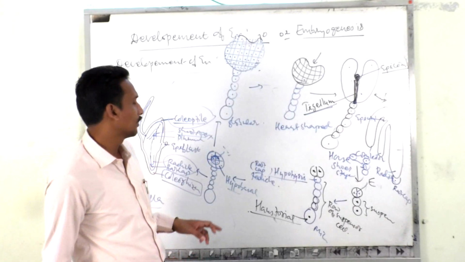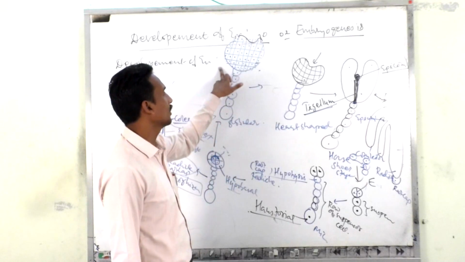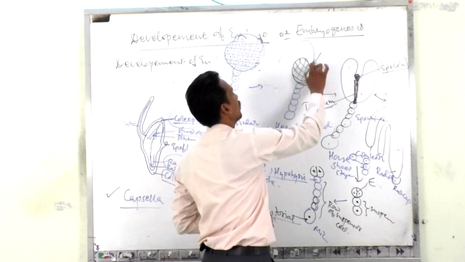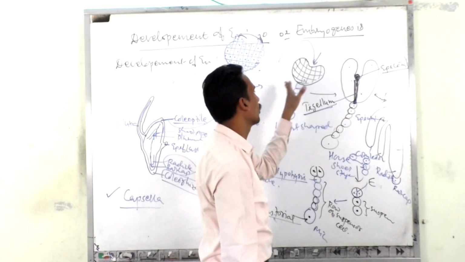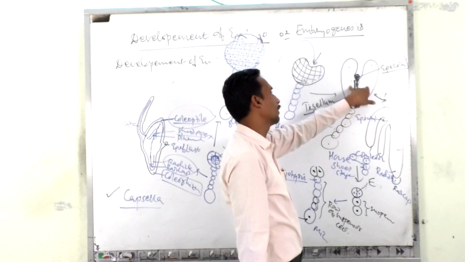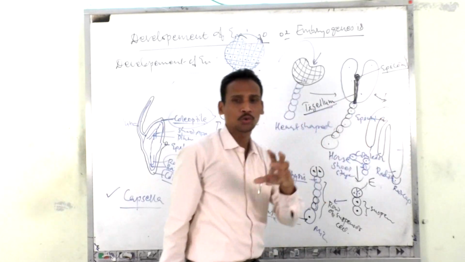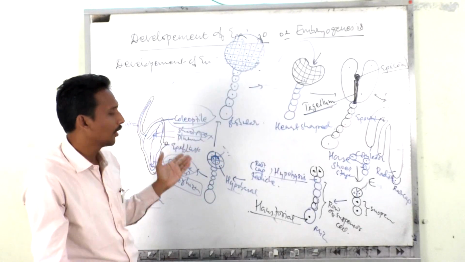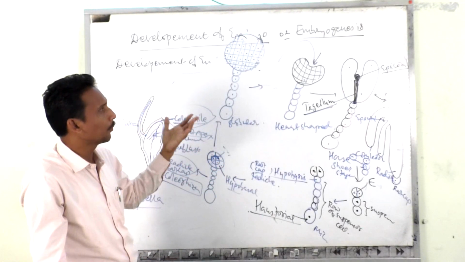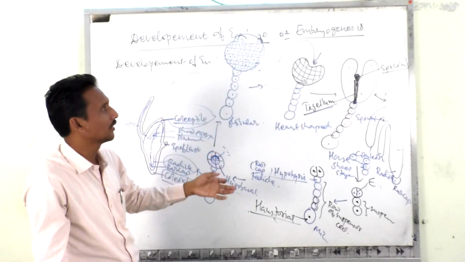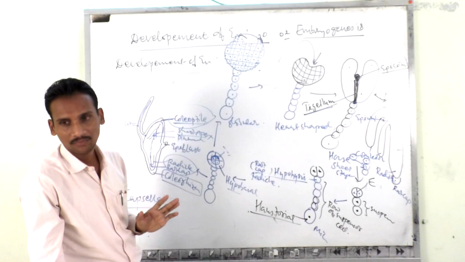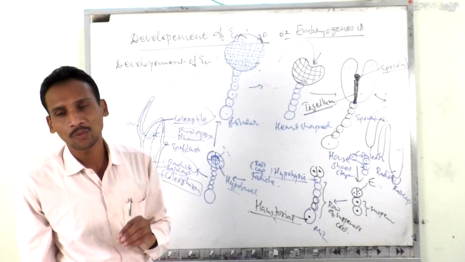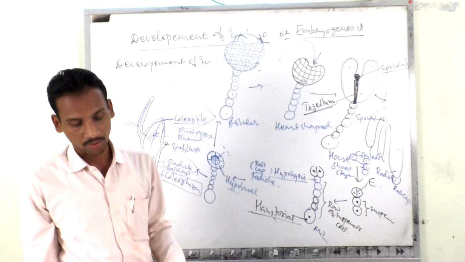later on you can observe that first you get the globular stage. Then in this globular stage the notch decreases down, forming a horseshoe shaped structure. So this is the development of the embryo, and the process of development of the embryo we call embryogenesis. Formation of the embryo, or simply the process of formation of the embryo, is called embryogenesis. So now I can stop.